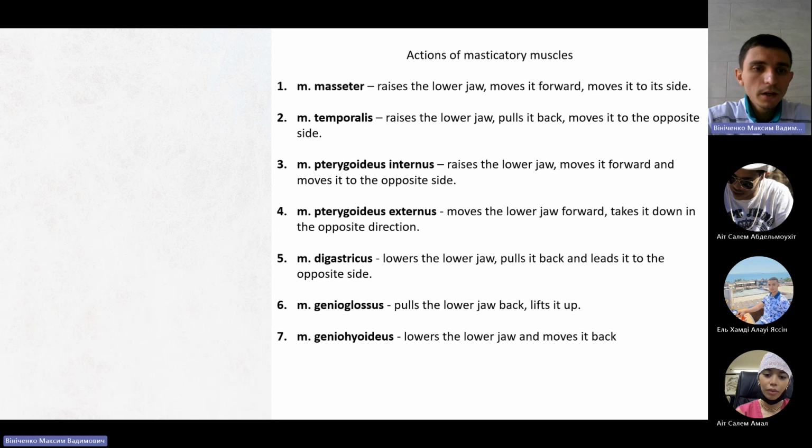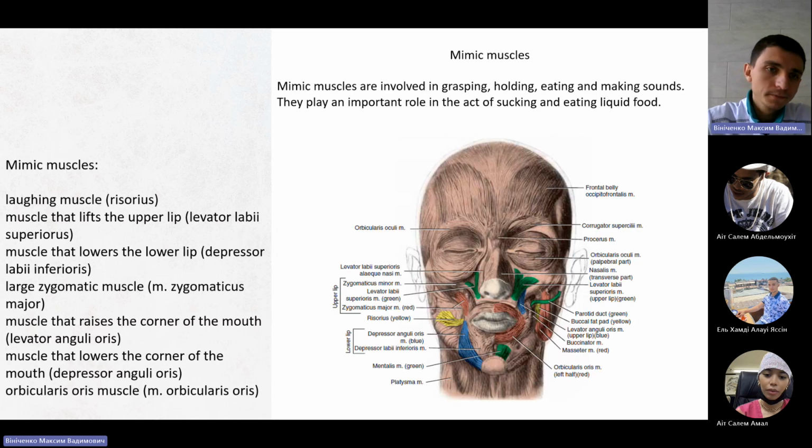And musculus geniohyoidus lowers the lower jaw and moves it back. Here we can see the mimic muscles. There are the laughing muscle, musculus risorius; the muscle that raises the upper lip, musculus levator labii superioris; the muscle that lowers